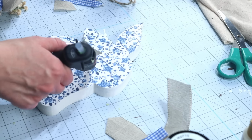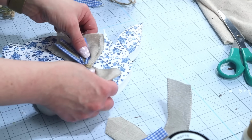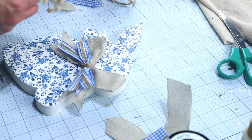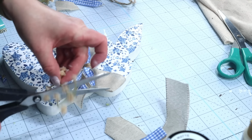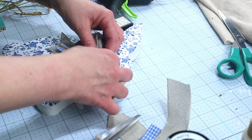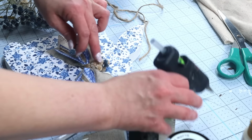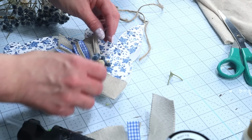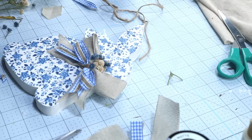I'm then going to go ahead and attach that bow to the center of the bunny's neck, and then I'm going to use some of these really pretty little flowers, and I'm just hot gluing them all around the bow. And then I found some of these blue colored flowers as well, and all of these are from Hobby Lobby, and I'm just going to be attaching those with the pale pink ones, and I just love